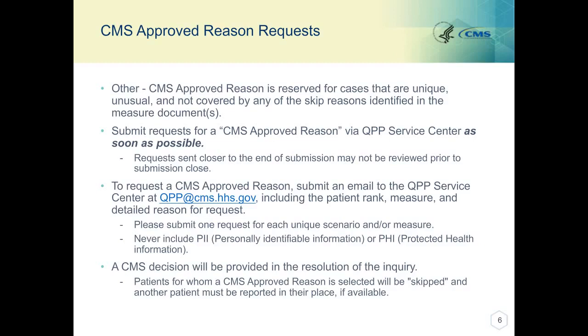Your CMS approved reason request should be submitted as soon as possible. The longer you wait to submit a request, the higher the chances are it will not be reviewed before submission closes. In order to request a CMS approved reason, you should submit an email to the Quality Payment Program Service